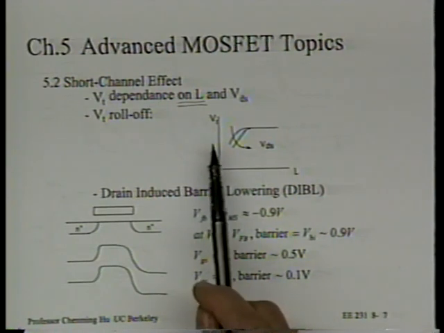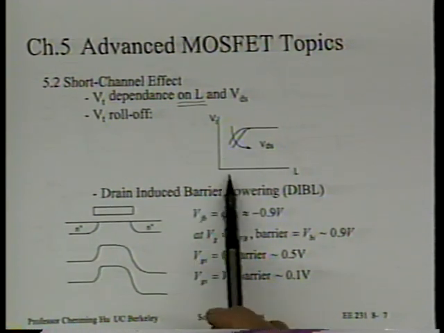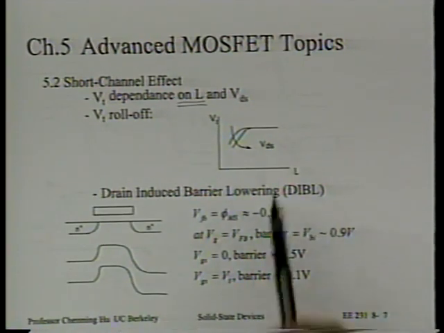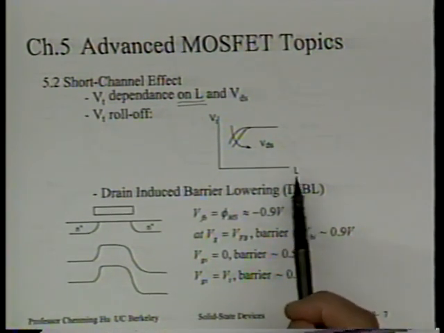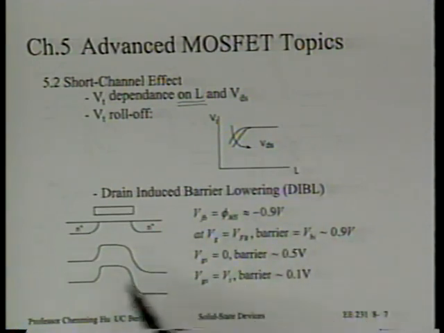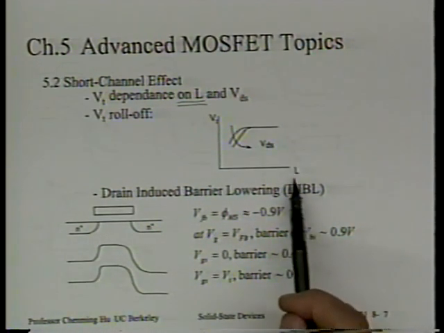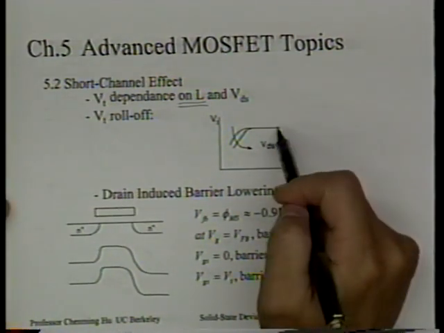Graphically, it can be illustrated this way. We plot VT as function of L. In other words, we take 5 transistors with 5 different channel lengths. Right? They are made of same oxide thickness. They have the same body doping. It's just that these 5 transistors have 5 different channel lengths. And we measure the